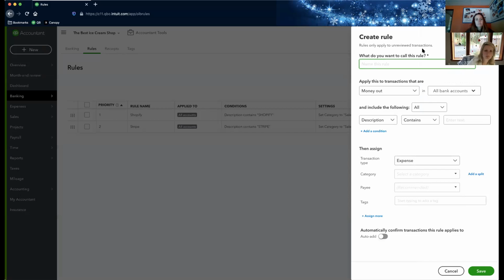A couple more things about rules. Say you use QuickBooks Online and you also use QuickBooks Payroll. So you have 2 expenses that I think both say Intuit. You don't want to apply the rule to all of them because they're categorized a little bit differently. So let's say your Intuit for your monthly subscription comes out of your checking, and your Intuit for payroll comes out of your credit card, you can have it apply to only certain